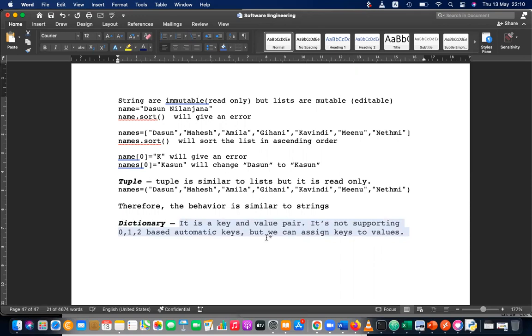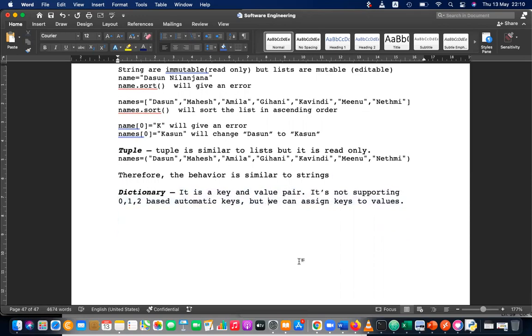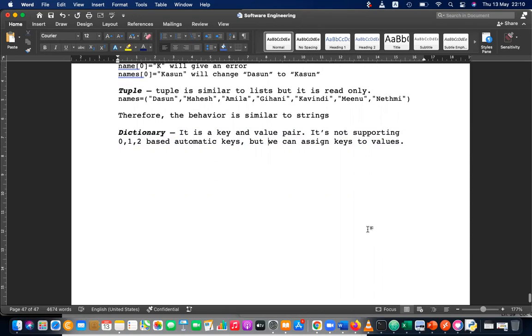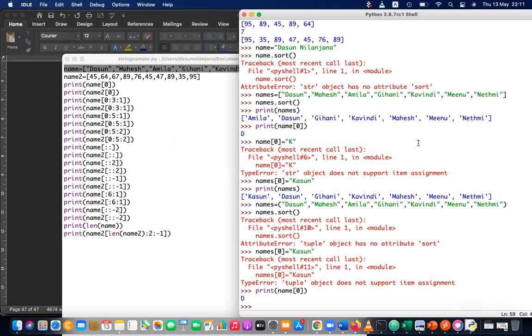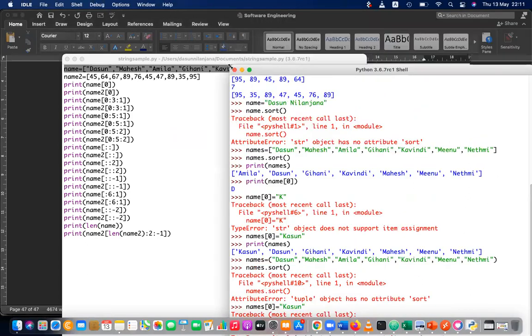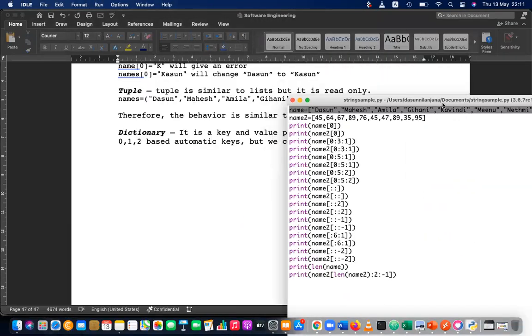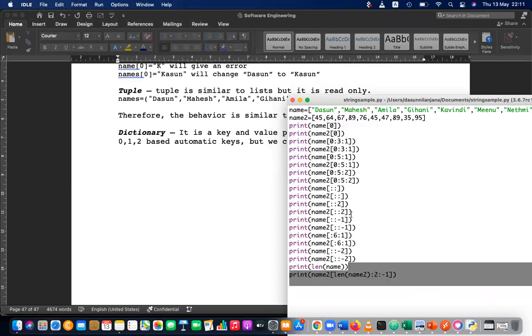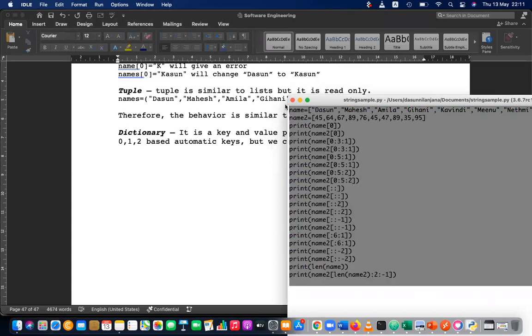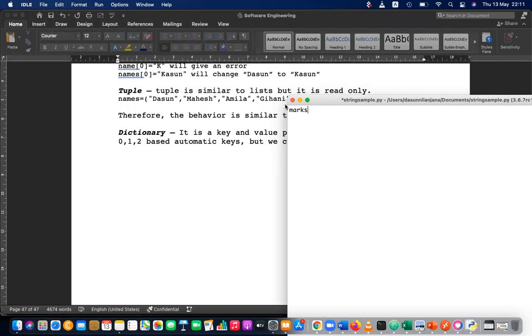Okay, let's explore. Normally it is defined by using name value pairs. Please write down this first. I'm going to show this by example. So let's say you want to store marks in a dictionary.